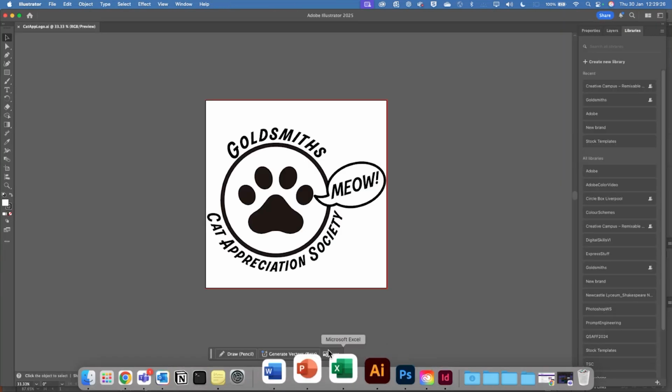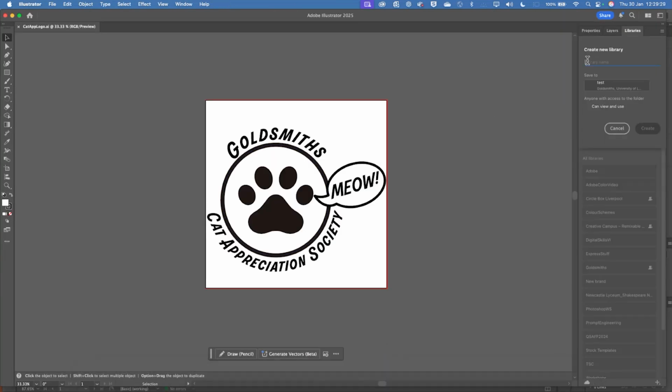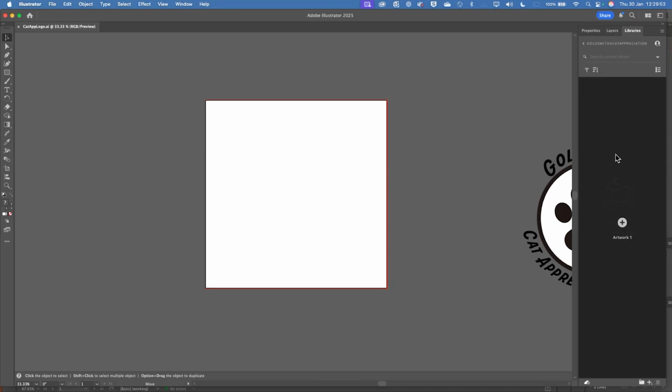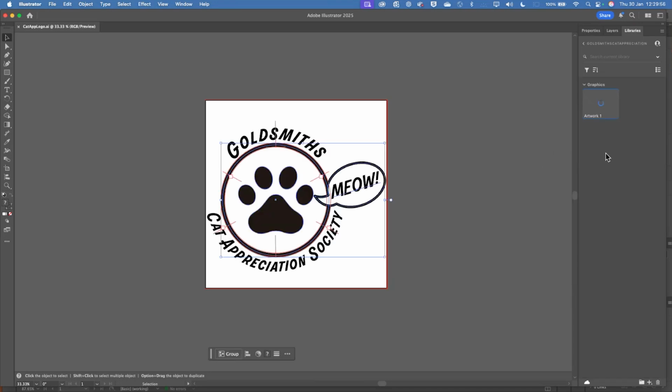What I can do is if I create a new library, and I'll call this Goldsmiths Cat Appreciation. I've created a new library in Illustrator. I can actually just drag and drop this from Illustrator straight into the library over here.